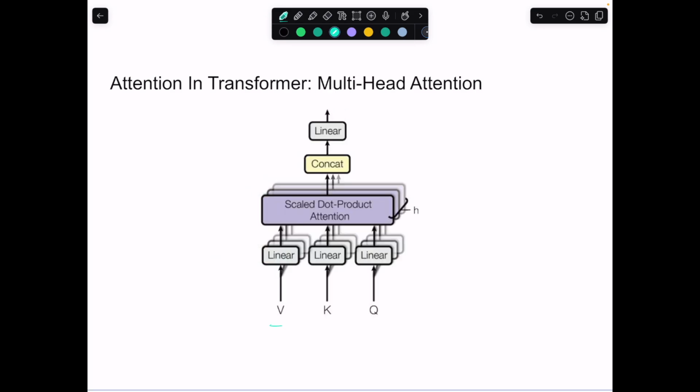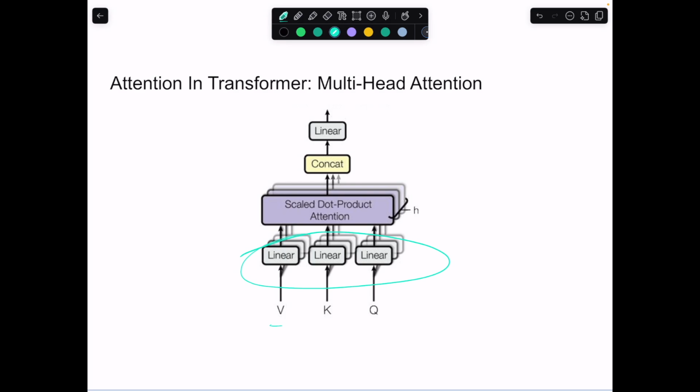Secondly, the multi-head attention. The key idea is to run attention multiple times in parallel with different learned projections. The projections mean these matrices. This way, each head can focus on different aspects of the input. Finally, when each head has learned its own attention, the multi-head attention concatenates the output from all heads and applies